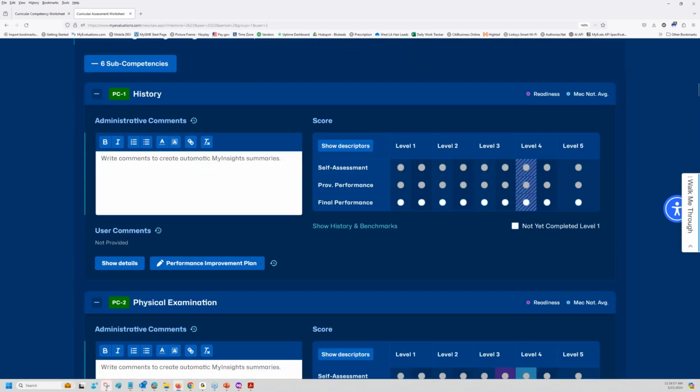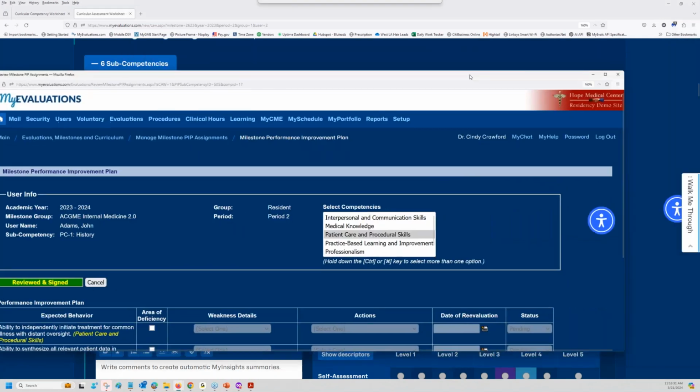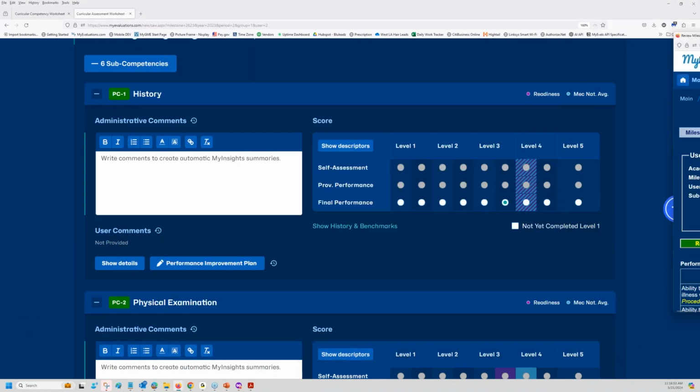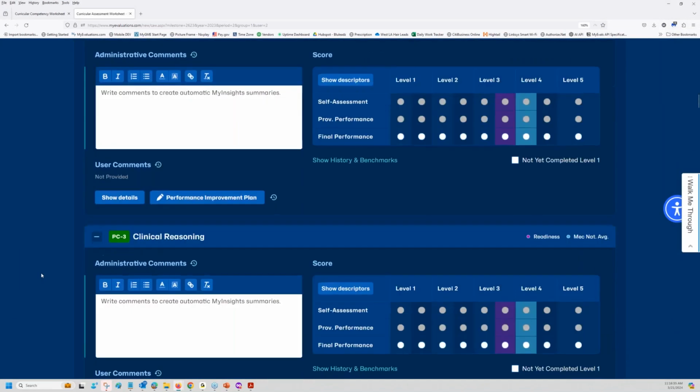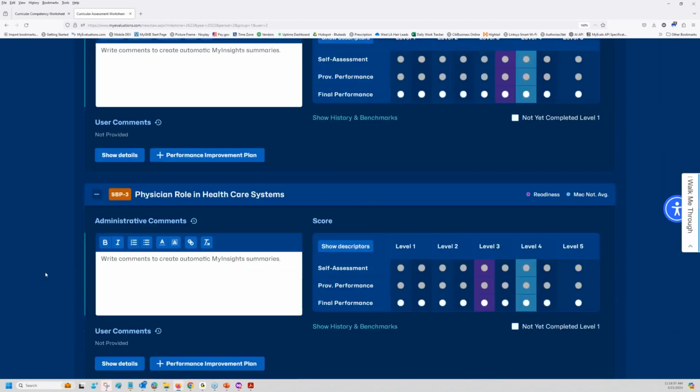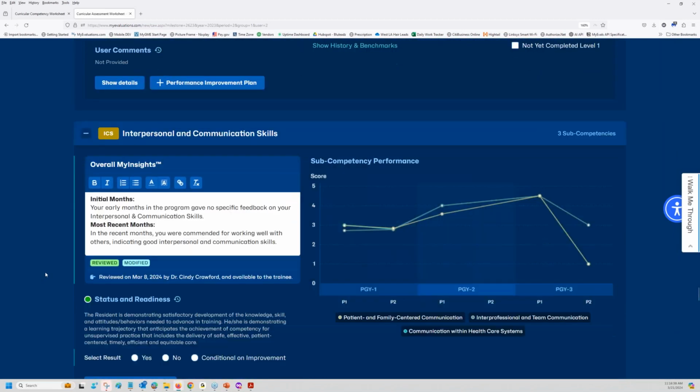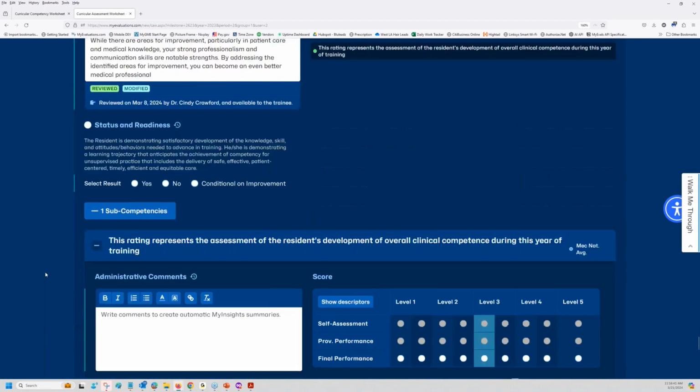And then CCC is able to review each one of the individual items here. They would then give the appropriate score. They're able to look at details. They're able to initiate performance improvement plans, just like we have already reviewed. And they would go through, again, that entire review process, just like they normally would, and come to the very bottom of that report